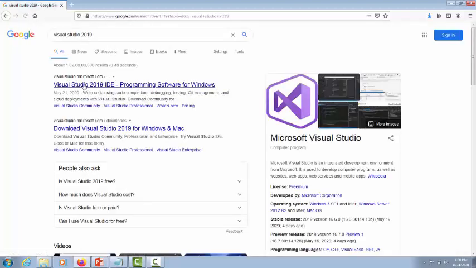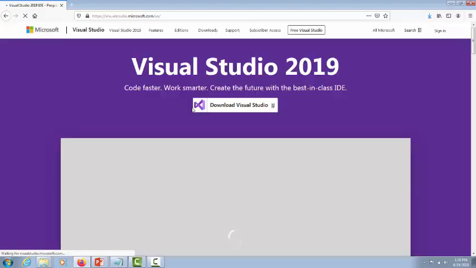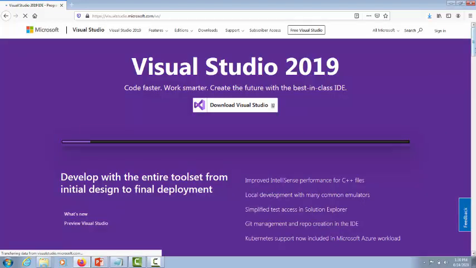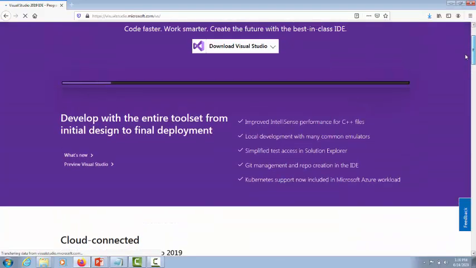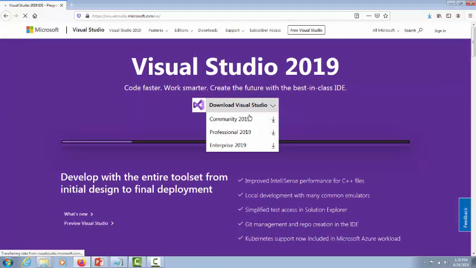Yes, so you can see there are official websites available. You can click on the particular website. And here we have Download Visual Studio. There are various kinds of options available: Professional, Enterprise and Community versions.